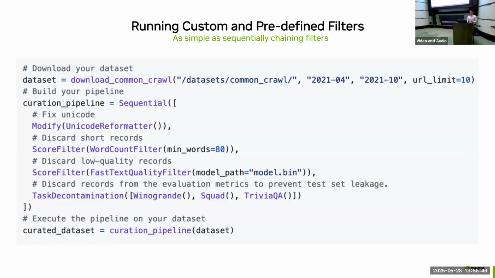And as a very brief example of a snippet of code that you might expect from Nemo Curator using its Python API, this essentially shows the steps from downloading a dataset, running a sequential curation pipeline, which contains some built-in classes that you can use from Nemo Curator, and then finally executing the curation pipeline. A lot of the modules shown here are pre-built into the Python API, and they can just be applied straight away to your dataset. This is also where you can include custom modules that you implement by following the base classes and add them into your curation pipeline. So it's very modular, flexible, and easy to use.